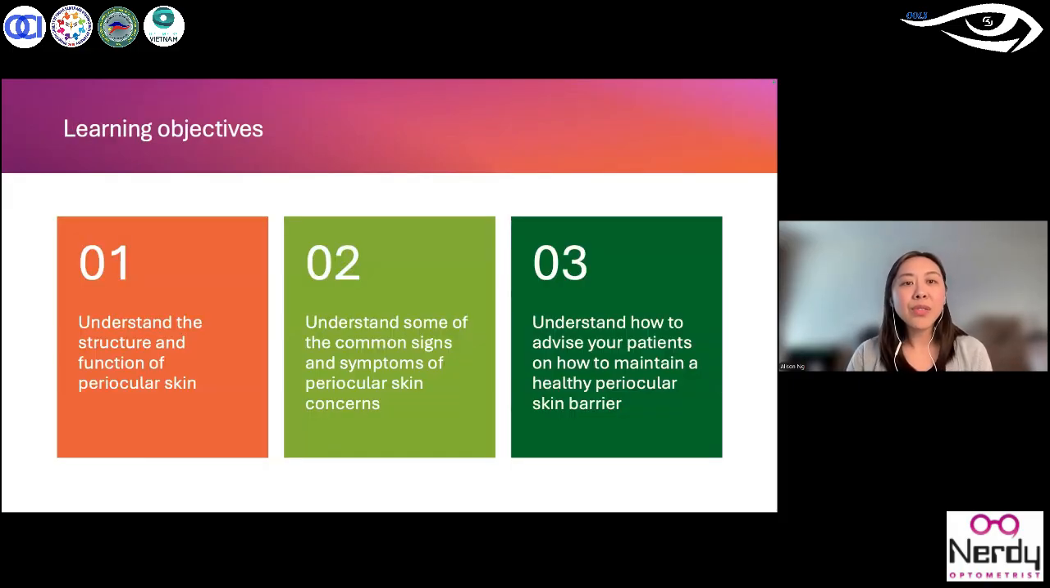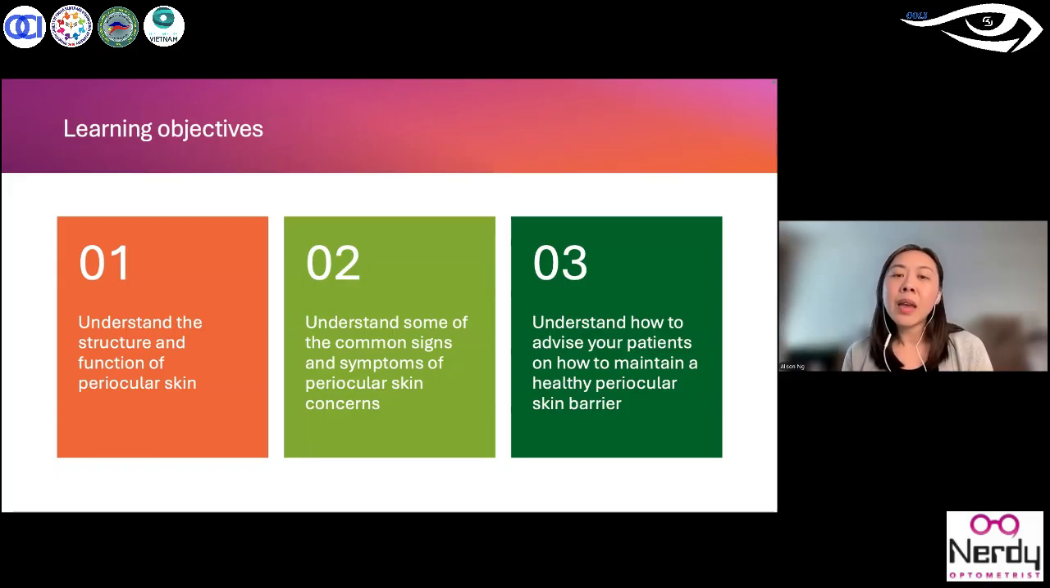So today we're going to have 3 specific learning objectives. What we want to understand at the end of today's session is the structure and function of periocular skin. Hopefully you'll have an understanding of some of the common signs and symptoms that your patients might present with in the periocular skin region. And then also hopefully leave with an understanding of how to advise your patients on how to maintain a healthy periocular